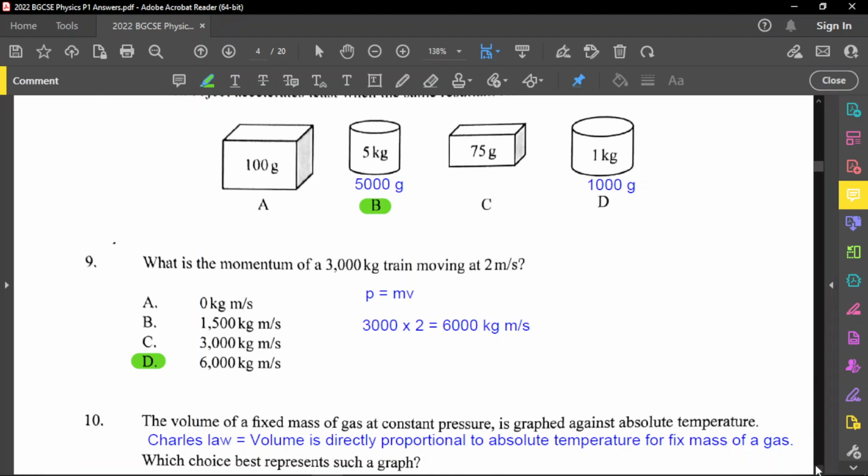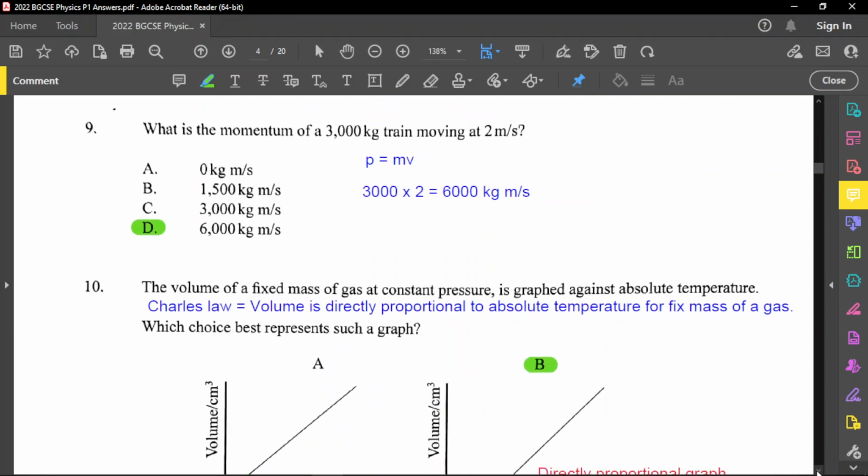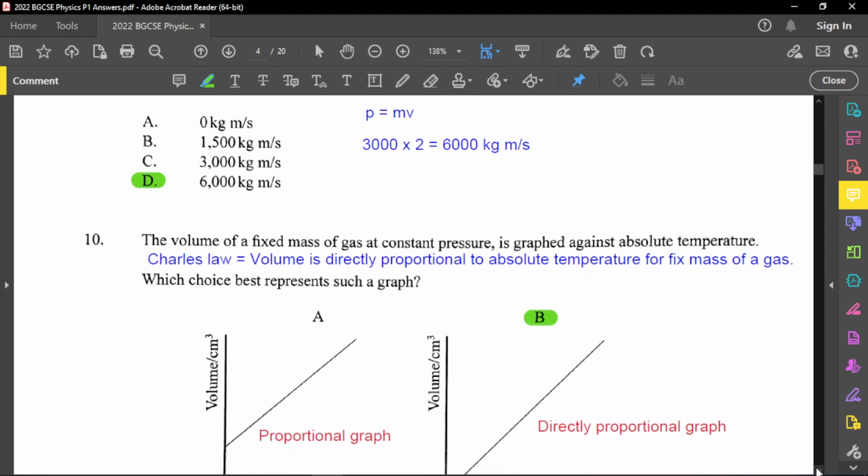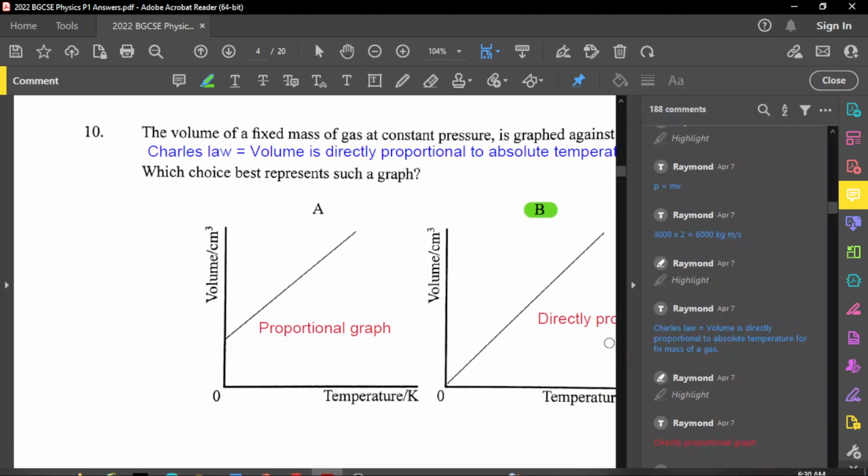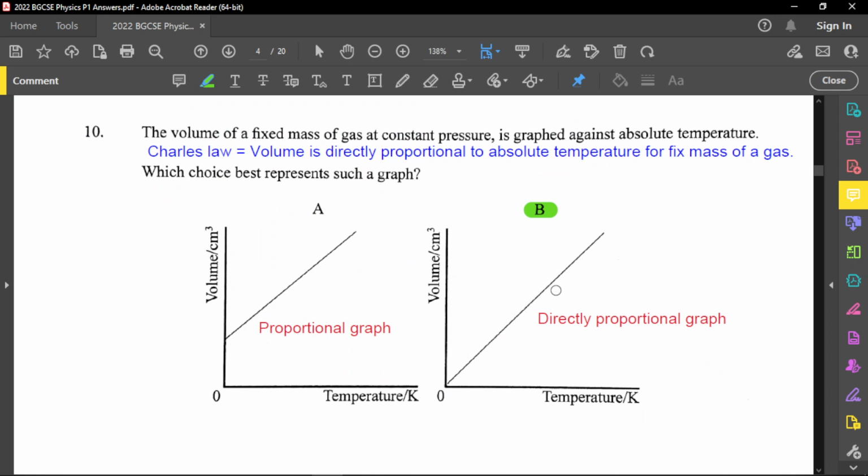For number 10, it said the volume of a fixed mass of gas at constant pressure is graphed against absolute temperature. It said which choice best represents such graph? And so I put the law that is applied here, because once you say you have constant pressure, you're talking about Charles' law. And Charles' law states that volume is directly proportional to absolute temperature for a fixed mass of gas. And so therefore, when we talk about directly proportional, then the graph that is applied to this is actually graph